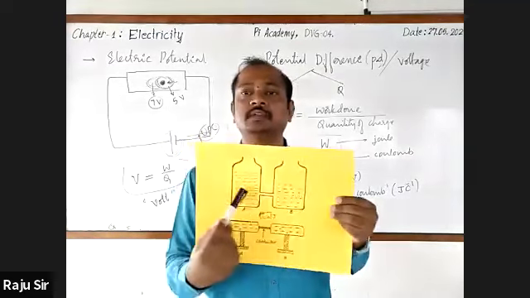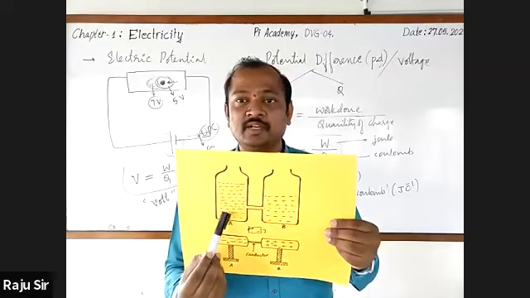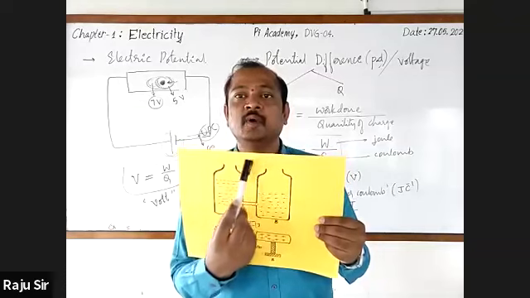How to do that? We should make another hole in B. Let me tell you that. Observe here. If you want the water to flow from A to B continuously,